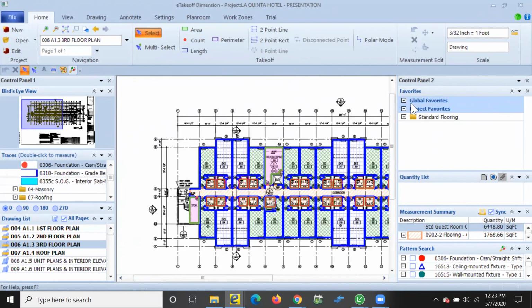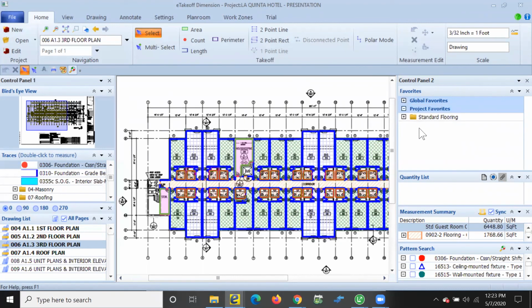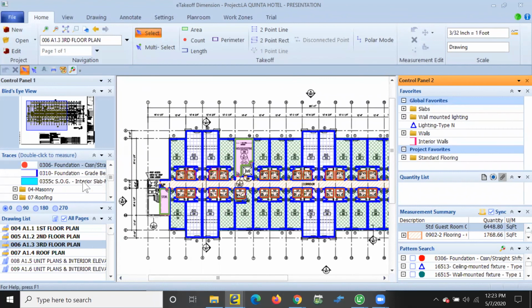In the favorites as well, you can also do not only project favorites, but global favorites. So global favorites just means that you can use this same either takeoff, or you can put in different traces. So if you need quick picks on traces, you didn't want to go through your folder tree, you always used a certain foundation type or something like that, you could pull some of those favorite items over here and just have quick pick lists globally from project to project, so that you can share those and so forth with everybody. So this is a multi-user product as well.